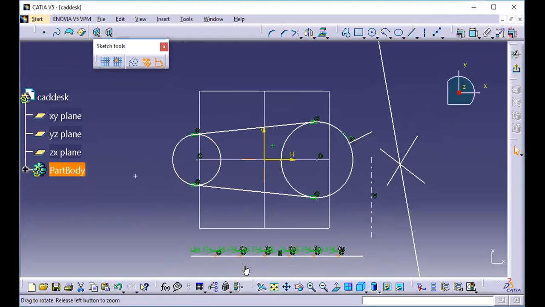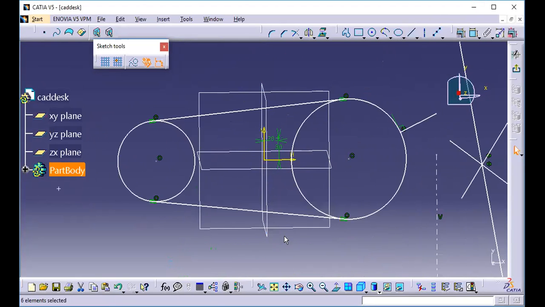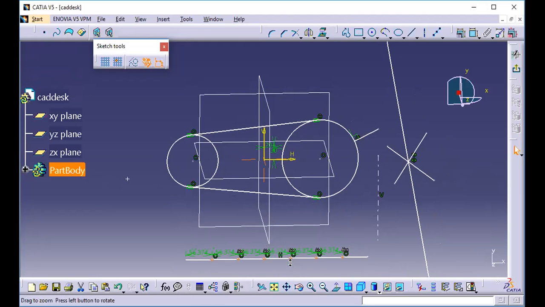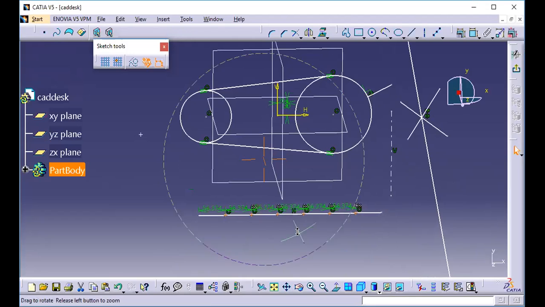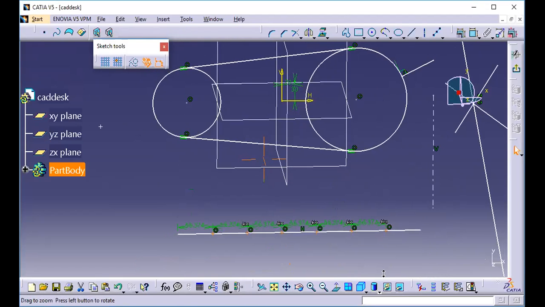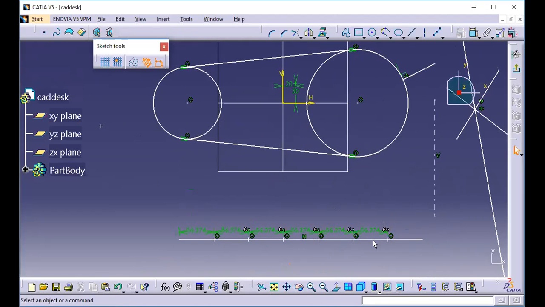So here all the 6 points, every measurement is given over here. Each segment is 56.374. It has been divided into 6 equal parts. So I am just going back to the normal tool. Okay. Each segment is converted into 56.374.